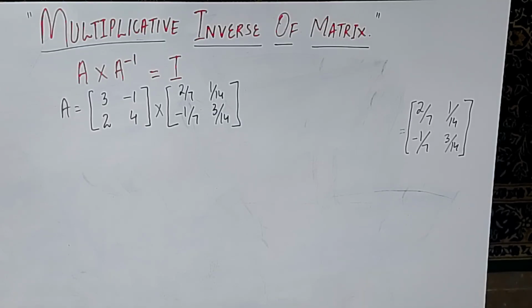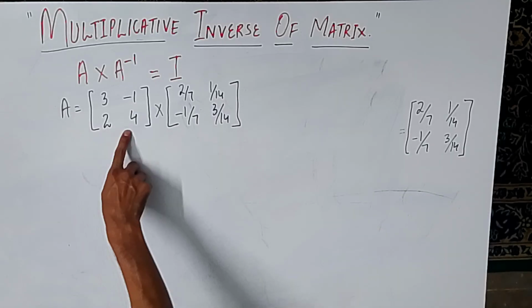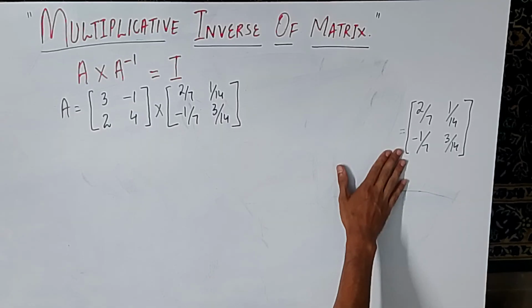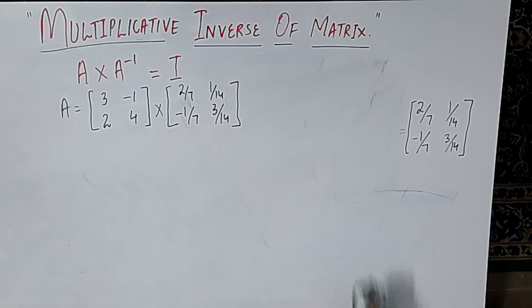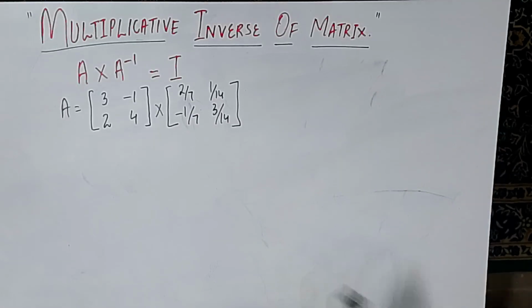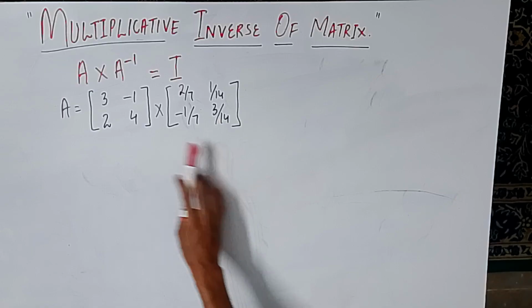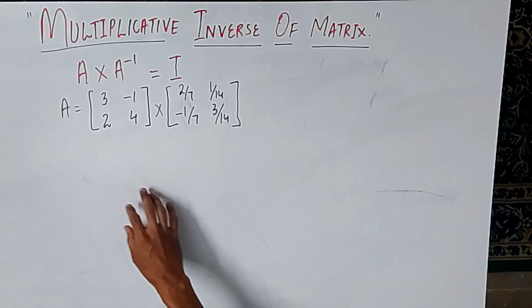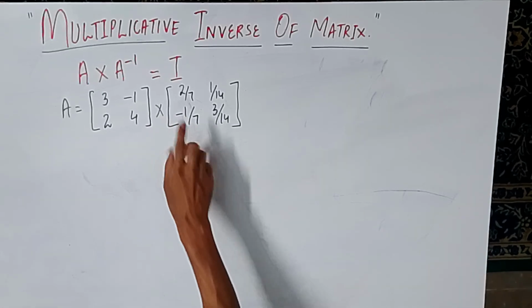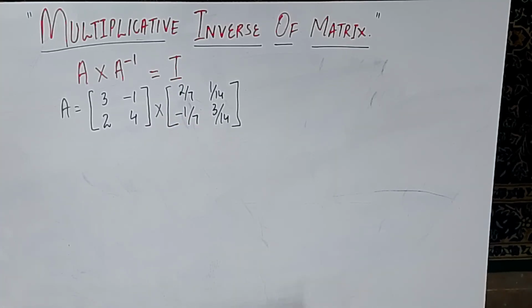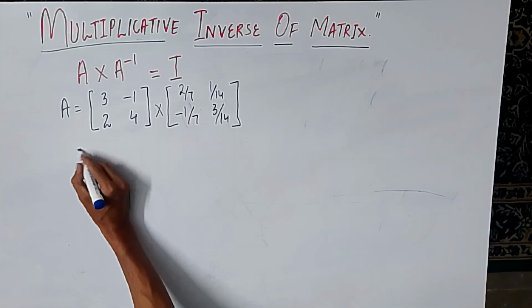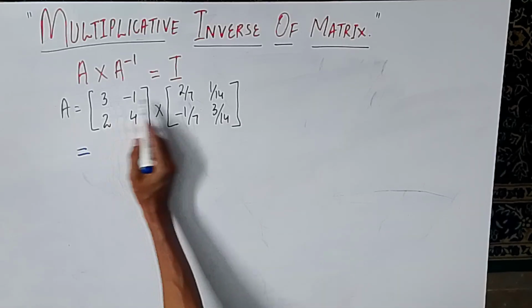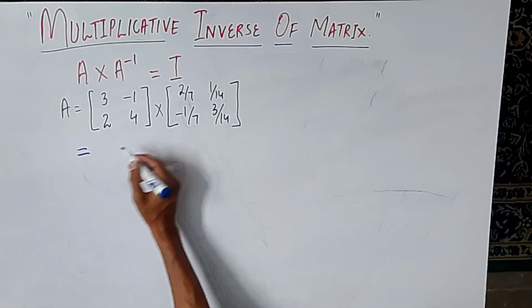Alright students, so we have found the inverse of this matrix, which is actually this. We have calculated and we have shown every working over here that how to find the inverse. Now we will prove that it is the multiplicative inverse of this particular matrix, as by doing the multiplication of both of them, matrix with its inverse, you will get an identity matrix. So let's see. You all know how to do multiplication, we have already discussed that. So you need to multiply row with the column.